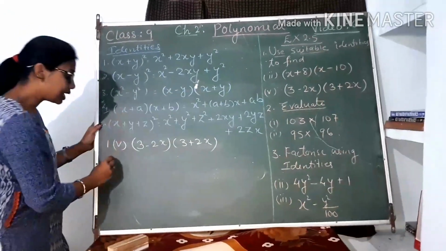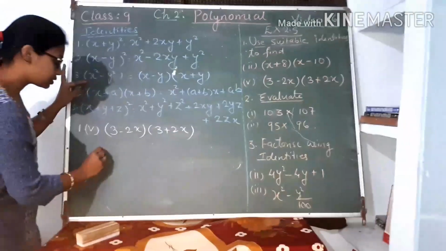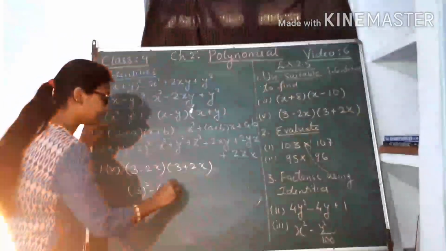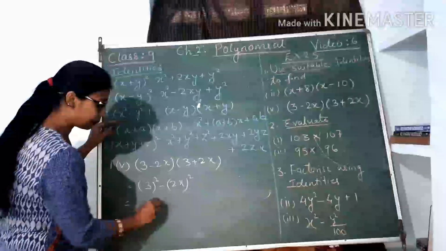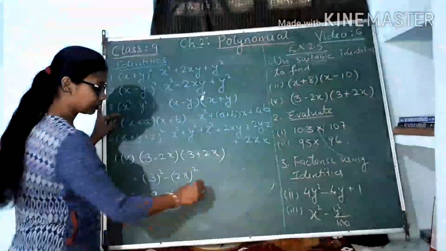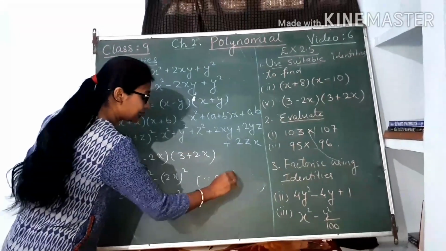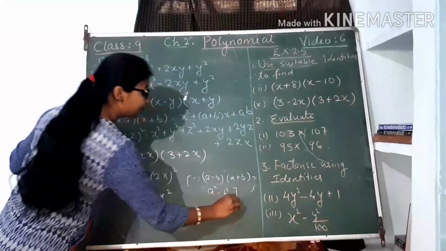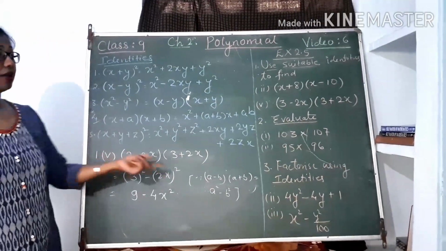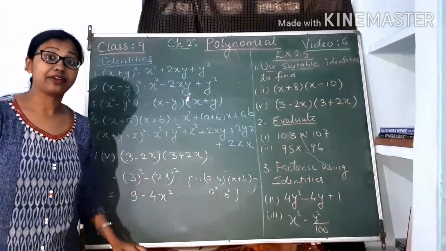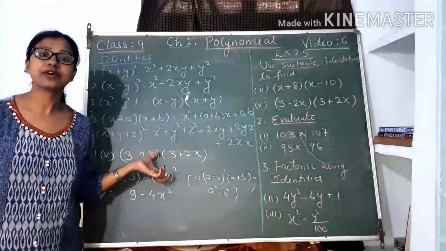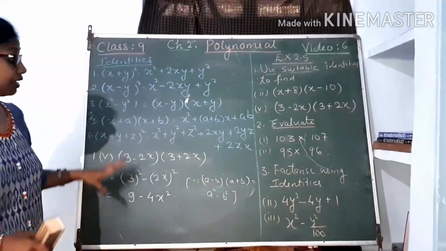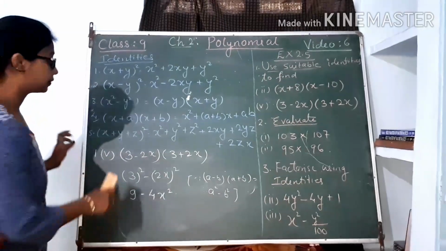So here we use the identity number 3. So we can write down 3 square minus (2x) square. This gives you 9 minus 4x square. We know that (a minus b) into (a plus b) always gives you a square minus b square. Always write down the respective identities in front of that. Right? Expressing your solution is also an art that Gandhiji also appreciated. So represent your answer in a well-ordered form.